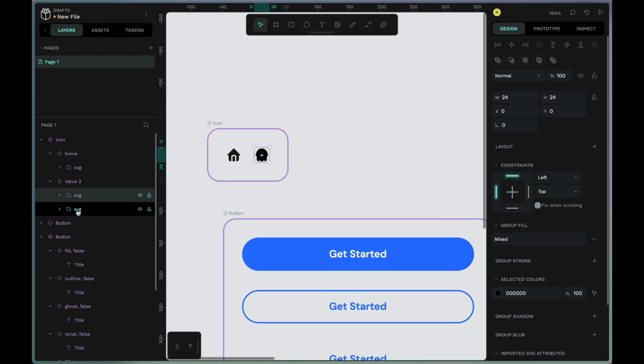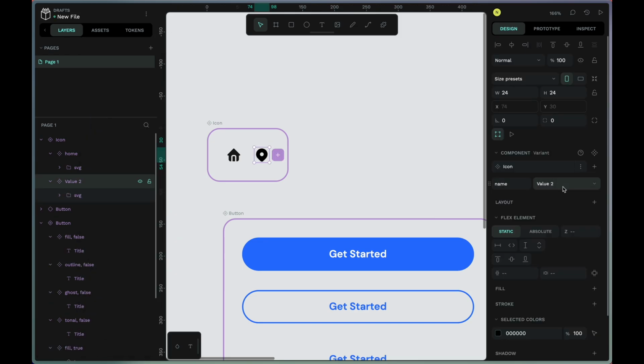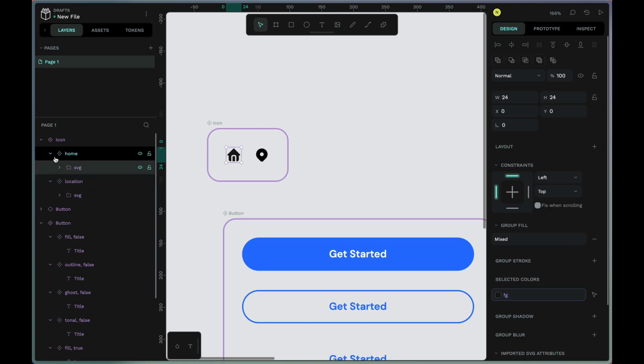Now we have this SVG. We'll delete the previous SVG. You can delete. So it's value 2. I'll rename it to location. Now we have home and location. Also make sure you have the same structure for the icons under home SVG,